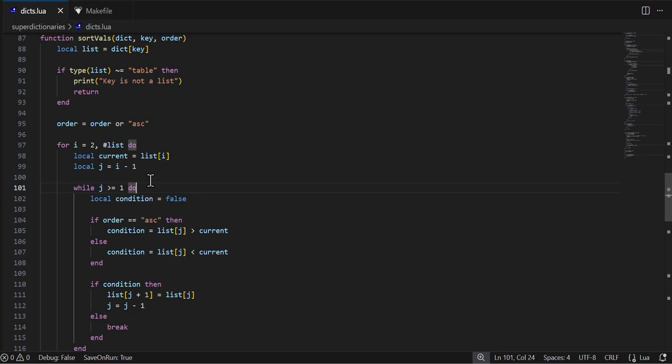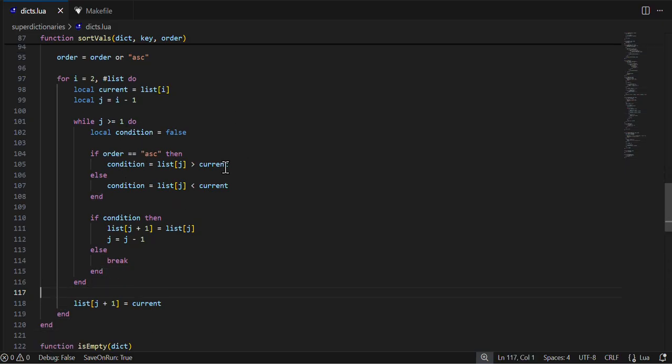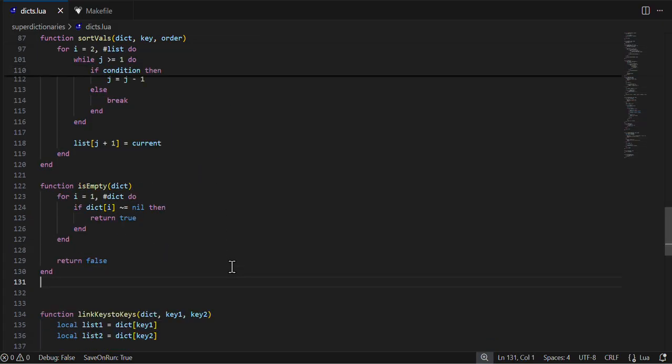Then we have local j is equal to i minus 1, which will decrement the j value by 1, while j is greater than or equal to 1. It will do this, which makes the condition equal to false. If order is equal to ascending, then condition is equal to list of j is greater than current. Condition is a boolean variable, and this is a one-line condition, like how we have ternary, but here we do the comparison in one line. If it is true,